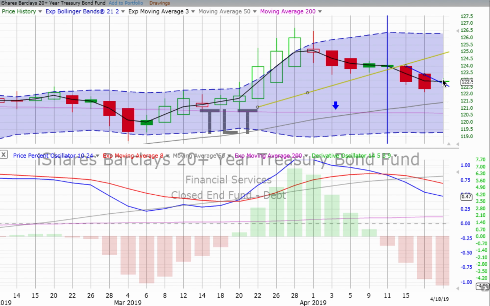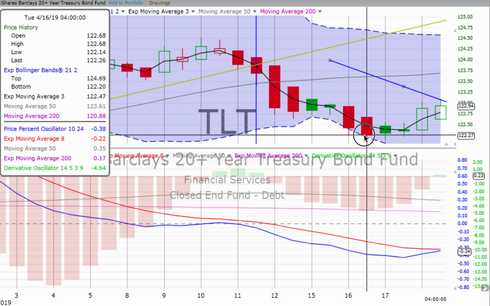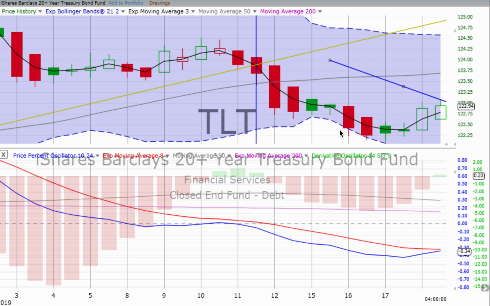First day of this latest 2-day candle with that up move, it's pushing through the 2-day trend line. Derivative oscillator still heading down. Bit of a pull back, as you can see, not heading down at the same strong angle on the price percent oscillator. We go from the 2-day to the 4-hour, and of course, we talked about this before, sort of hitting a bottom there around the 122.25 mark or so, and trying to move up at this point.